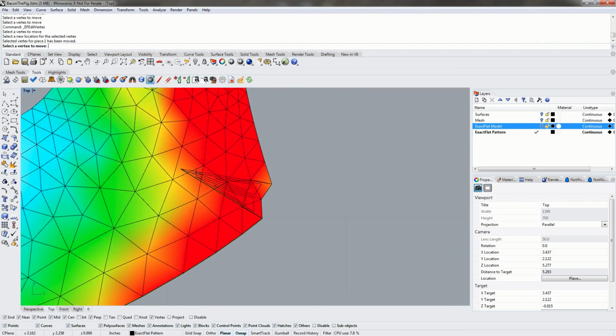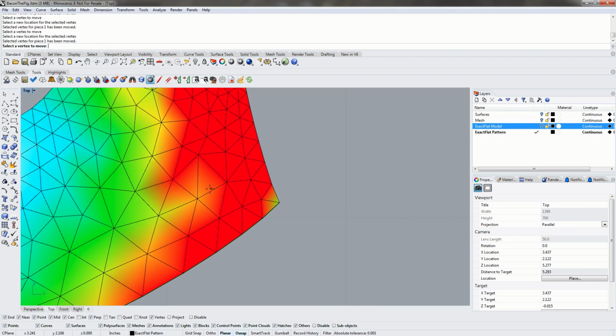So just as I did to create the flip triangle, if we click on the point here, drag some of these triangles out of the way, we can use the vertex manipulator to manually manipulate the vertices to remove the folds or wrinkles. So this tool is probably the most difficult method for removing flip triangles,